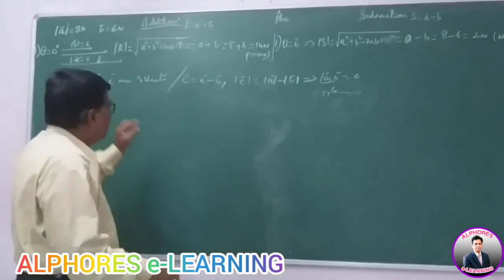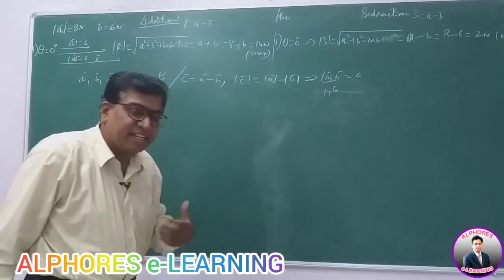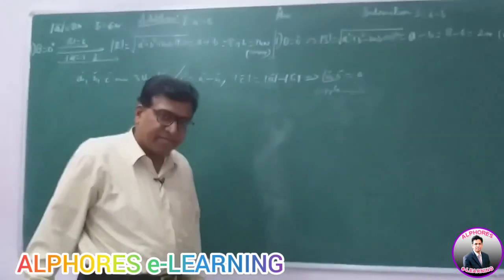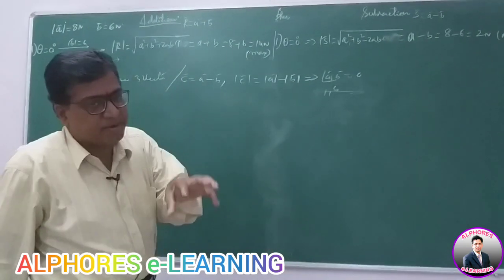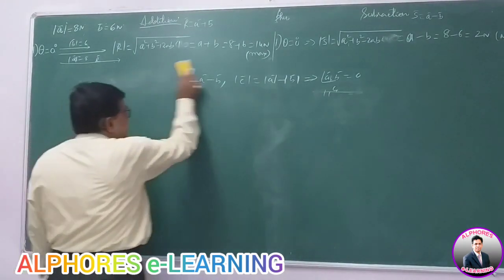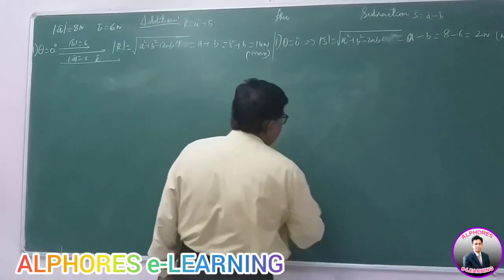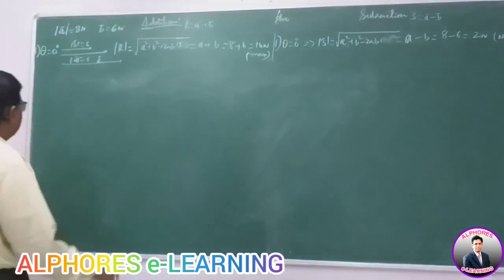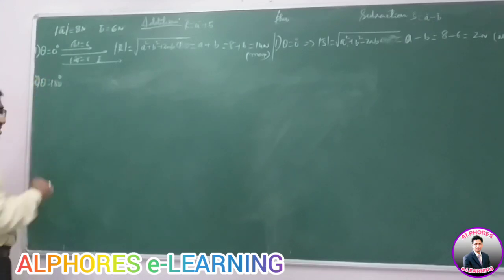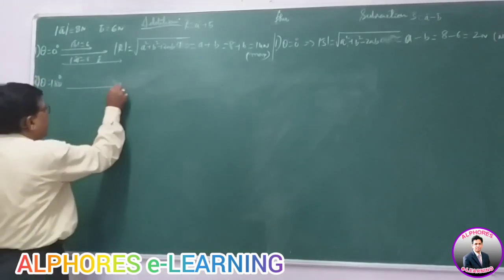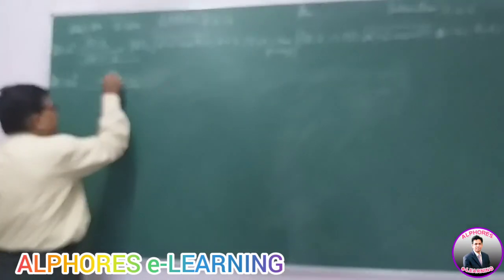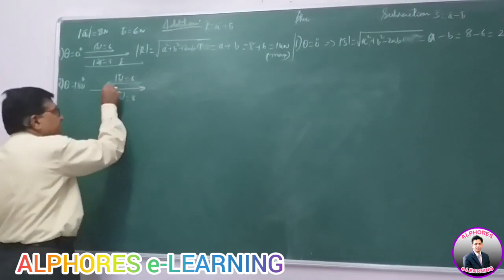So the question is simple, but the way it is presented can be difficult. You can put it in addition vectors, subtraction vectors, you can put it in any form. Right? Case 1, first case. Well, the same thing if he is asking in the second case, case 2. Let's take theta is 180 degrees. In the sense, A bar is like this, but B bar is this way. Mod A is 8, mod B is 6, but in opposite direction.